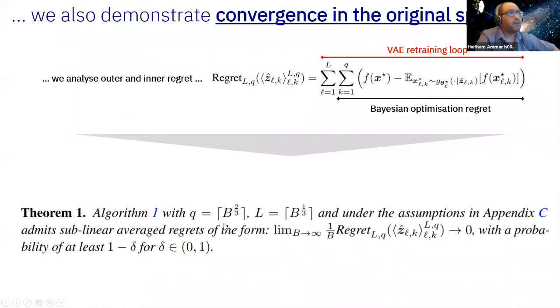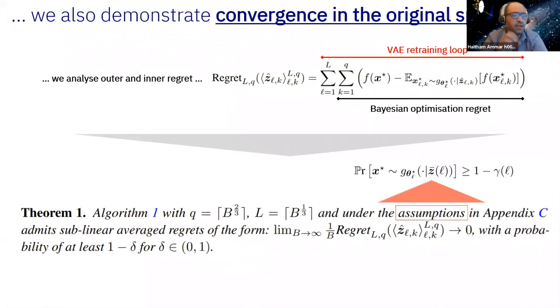Now, this is not magic. There is something I don't like about this theorem, and that's an assumption we make. So in order to prove this, we needed to understand the effect of this outer iteration, what it's doing, right? Now, this is a very hard problem because this is a neural network. It's changing over time. The feasibility set of the inside BO loop is changing with respect to the outer loop. So what we did is we made an assumption that we think is realistic, but we might argue otherwise, and